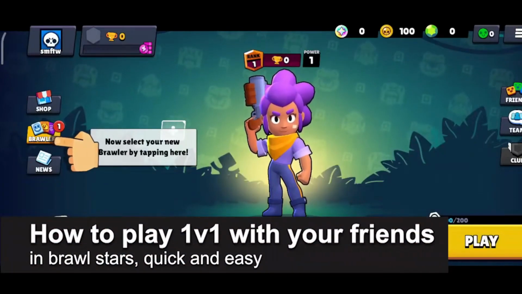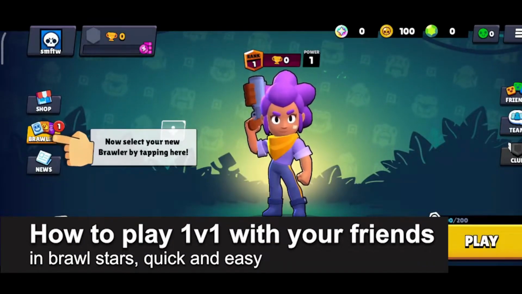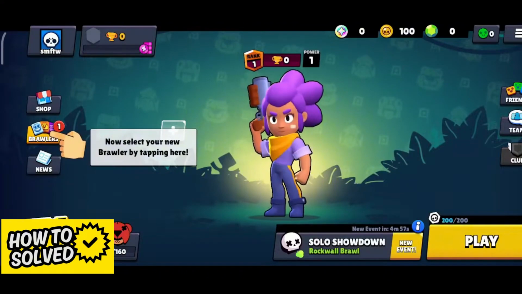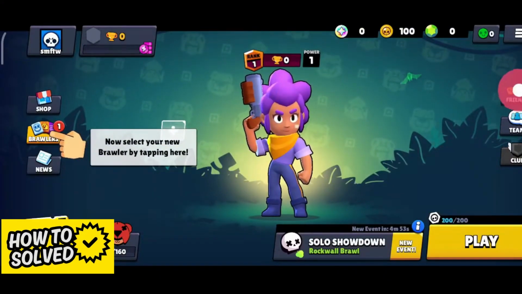In this video, I'm gonna teach you how to play 1v1 with your friends in Brawl Stars. It's a very quick and easy process, so make sure to follow along. All you have to do over here in the main menu in the lobby is select the Friends option at